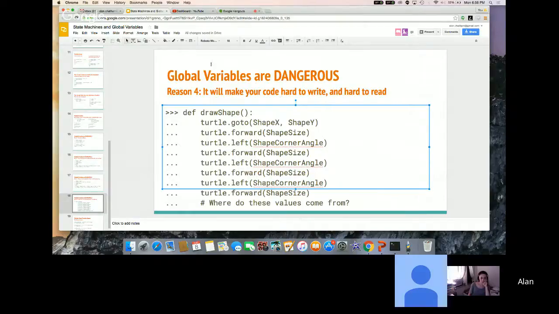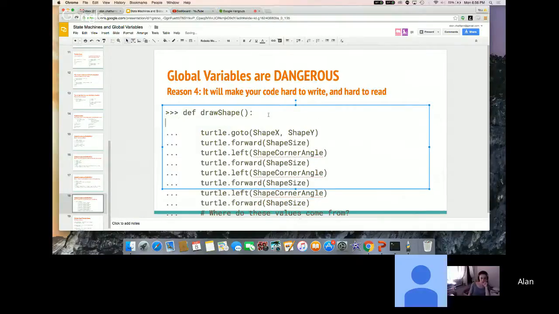Because if you have a list of 500 variables at the top of your code, they're all global variables that only relate to certain parts of your code, and it's going to be kind of confusing. You won't really know what variables you can change and what to use. You'll have to be going back and forth. It probably would make more sense to be like: